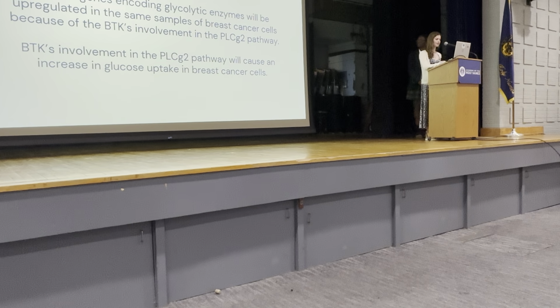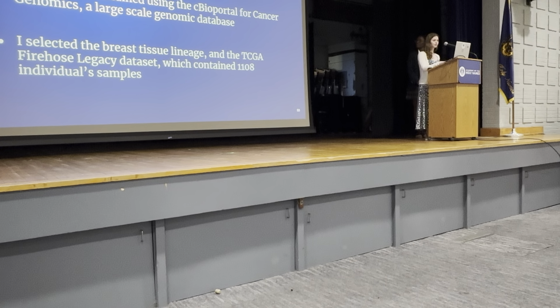I hypothesize that BTK and genes encoding glycolytic enzymes will be upregulated in the same samples of breast cancer cells because of BTK's involvement in the PLC gamma 2 pathway. Or in more simple terms, BTK's involvement in the PLC gamma 2 pathway will cause an increase in glucose uptake in breast cancer cells. I obtained my results using the cBioPortal for cancer genomics, which is a large-scale genomic